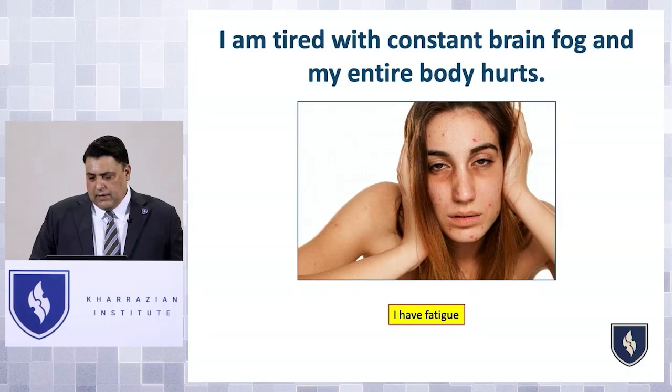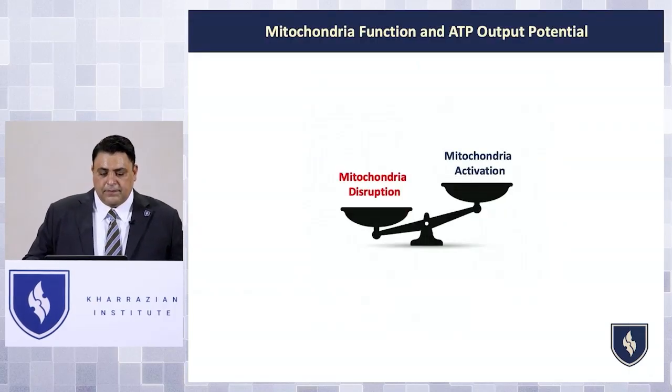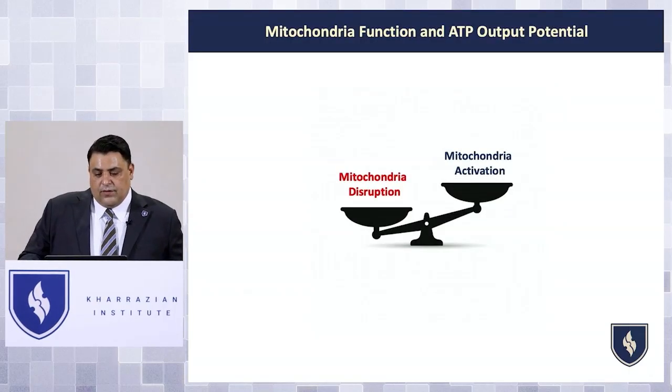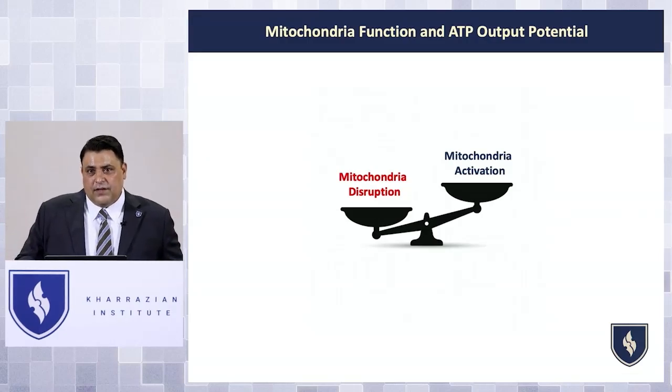Now, ultimately, when you look at bioenergetics, you're ultimately looking at mitochondrial function. So at the end of the day, when we look at all the different variables, there are some things that disrupt mitochondrial function and there are some things that activate it. And then people who are not producing energy may have a combination of both. They may be exposed to lots of things that disrupt their mitochondria, and they may not have enough variables in their diet and their lifestyle that are impacting activation of their mitochondria. And when this shifts, where there is a decreased potential to make ATP,